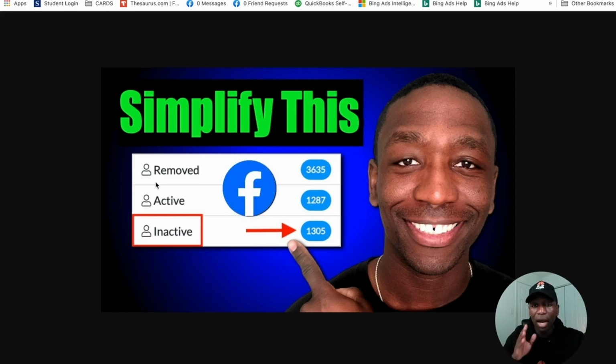All right, next thing, a relevant picture to what it is that I'm talking about. My goal for my text is to get you to look at this particular picture down here. So it says "simplify this." Then a question comes: simplify what? So then they look down right here, and remember the title of the video was how to remove inactive friends on Facebook. So they see what it is that they want, which is inactive, and they can see that this has the friend symbol, and then boom, I removed 1,305 inactive people. So that's exactly what they want